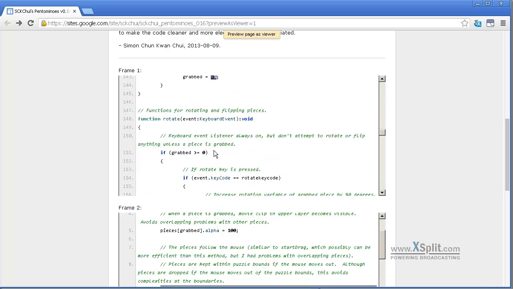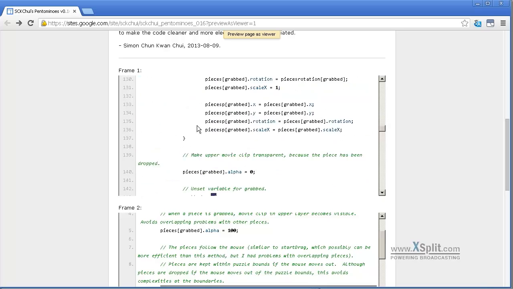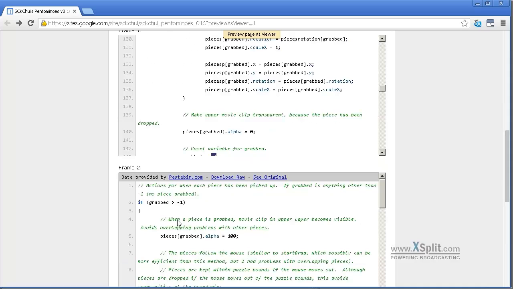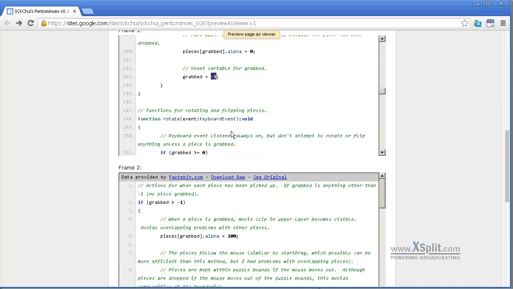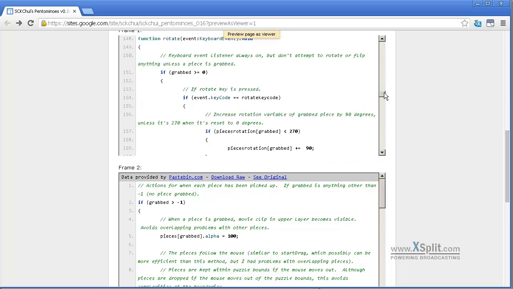So rotate, that's a different one. Remember the rotate or the keyboard event function is always on. So at all times it's checking for you pressing any of the keys. And here, if a piece has been grabbed, so again, actually this is inconsistent, isn't it? That's greater than or equal to 0, whereas here it's greater than -1. Maybe we should change that as well, because they mean the same thing. So if any of the pieces have been grabbed, and if the rotate key is pressed, so if the key code is the same as the rotate key, which we set earlier on at the beginning,